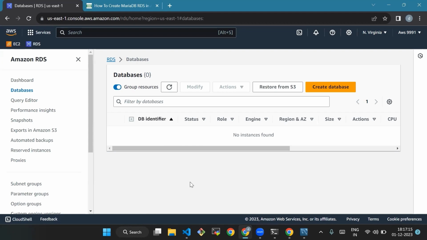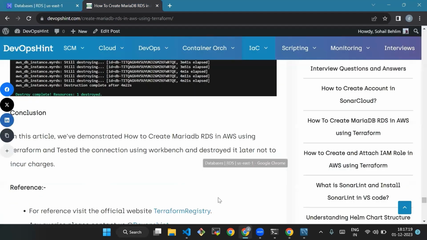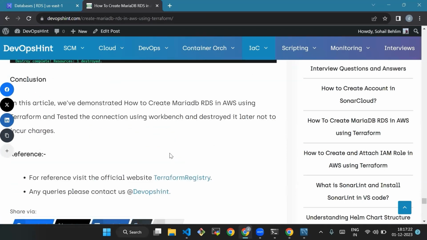So in this video, we have demonstrated how to create MariaDB RDS in AWS using Terraform, tested the connection using Workbench, and destroyed it later